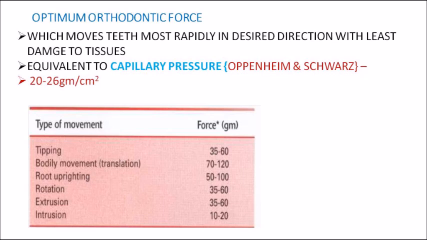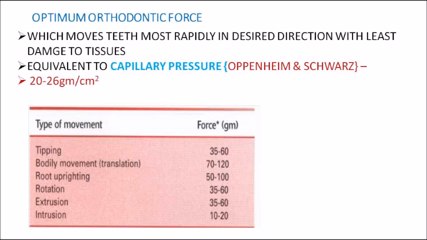This chart is actually from Proffit, so I prefer you learn these things, because they can ask you factually what the optimum orthodontic force required for a tooth movement is. They can give the magnitude of these forces and ask which is the optimum orthodontic force required for any of these tooth movements, or they can give you multiple choice questions, like the amount of force required for intrusion is more than extrusion, or the amount of force required for rotation is the same as that of tipping, or the amount of force required for rotation is less than that of tipping. So sometimes it seems quite confusing.